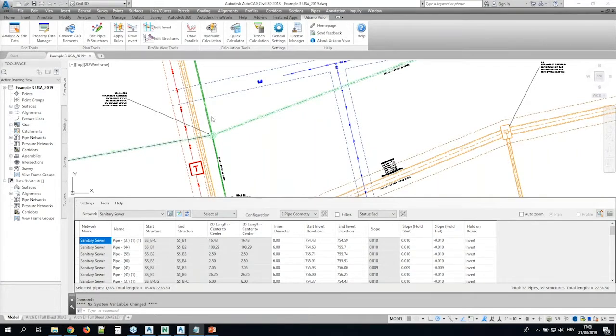This is now Civil 3D, and you can see Urbano Visio is installed like any add-in. It installs directly into your ribbon. And so these are the different tools. I just started this first tool for data analysis and editing, and it brings up this table with lots of